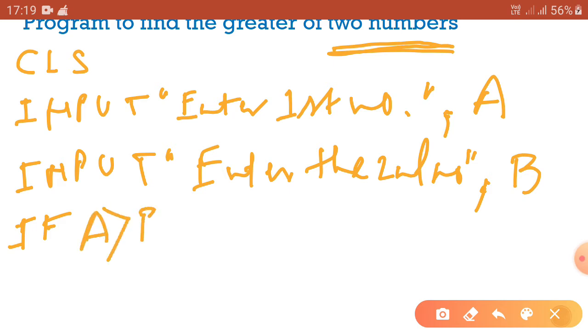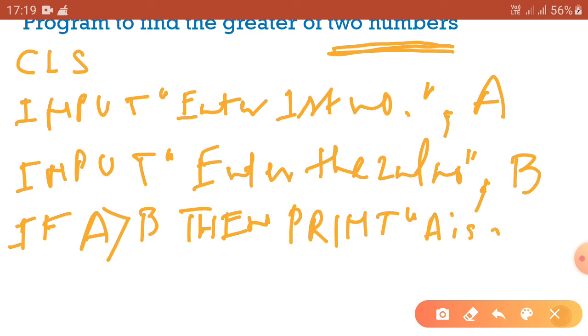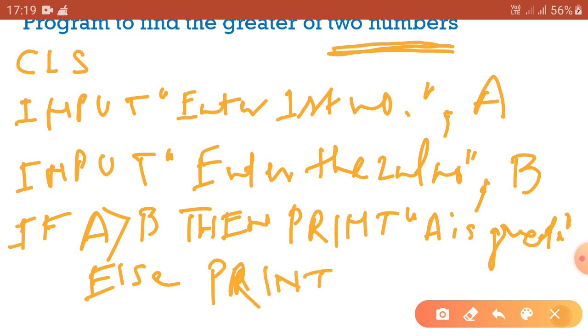If A greater than B, then print "A is greater", double inverted commas, then else print "B is greater", and then at last we have to use the end statement.